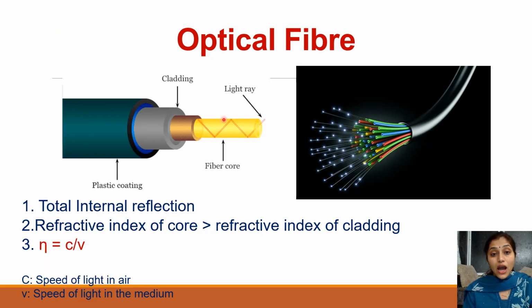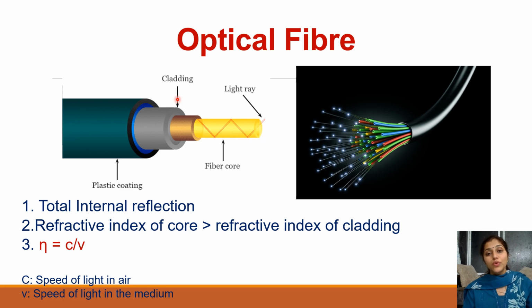So let's see how optical fibers are. How do they look? So this is single fiber, and when we combine multiple fibers together, it forms optical fiber cable. So this is my cable which has different fibers which carry different signals, and this is my single fiber. So it has three layers. First is core. This yellow is my core. Above that core, there is a cladding.